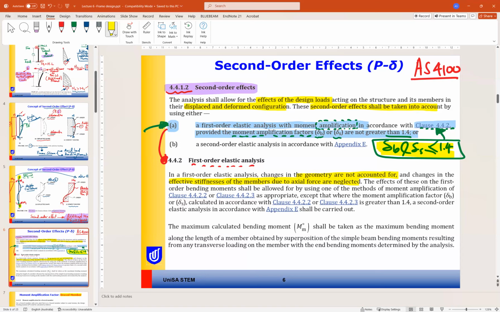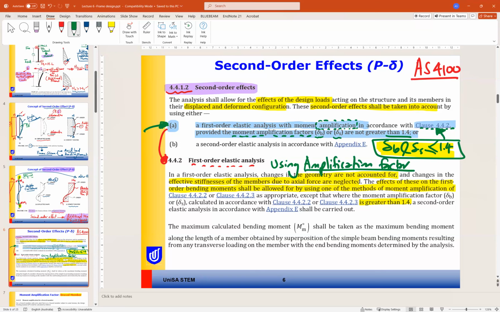The effects of the second order analysis on the bending moment shall be allowed for using one of the methods of moment amplification factor in clause 4.4.2.2 and 4.4.2.3, except where the amplification factor calculated in accordance is greater than 1.4. So repeating the same part again, we are calculating using the amplification factor,